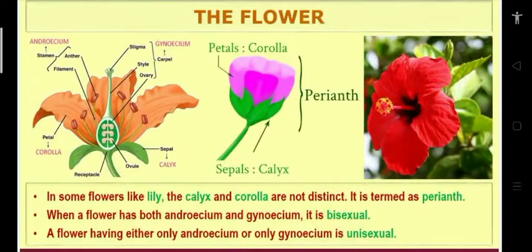Just now I said the flower which has both androecium and gynoecium, that's called bisexual. China rose, you see the diagram, China rose. The flower which has either androecium or gynoecium is a unisexual flower. Unisexual flowers are present in date palm, papaya. Then you see